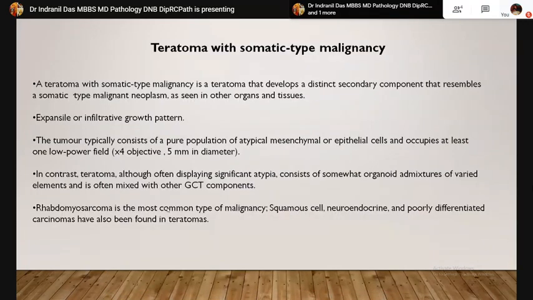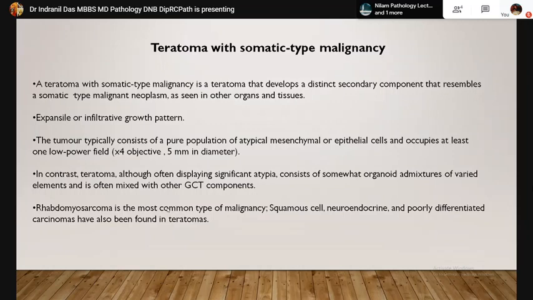Now, a teratoma with somatic type malignancy. A teratoma with somatic type malignancy is a teratoma that develops a distinct secondary component that resembles a somatic type malignant neoplasm, maybe in the form of carcinoma or sarcoma. But we have to keep in mind that the teratoma itself may show significant atypia in its cell component,